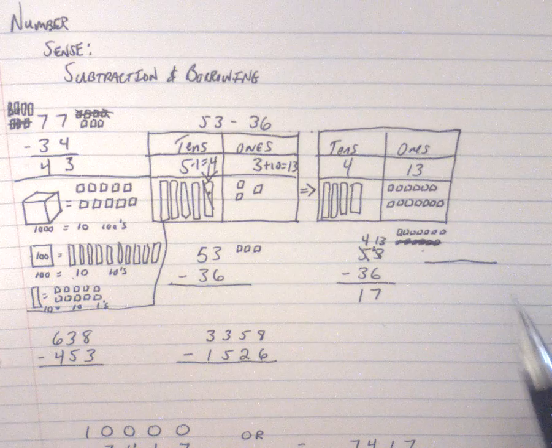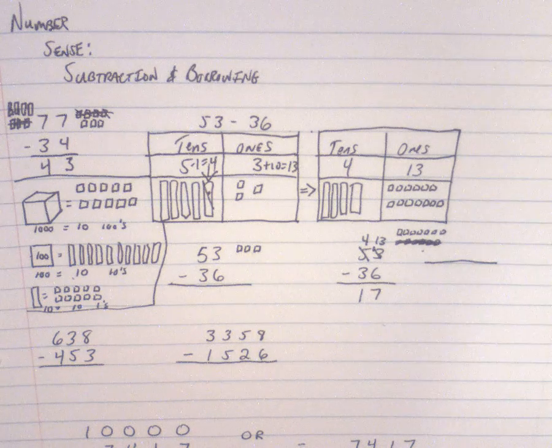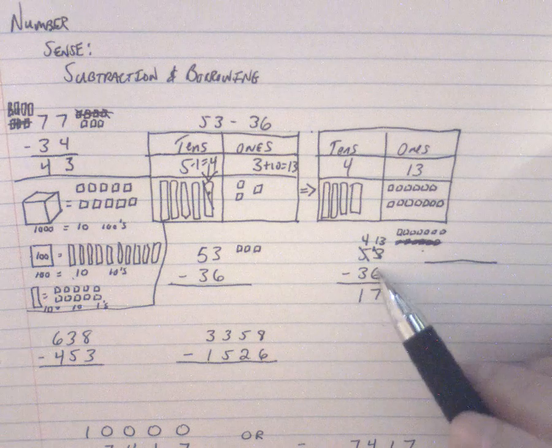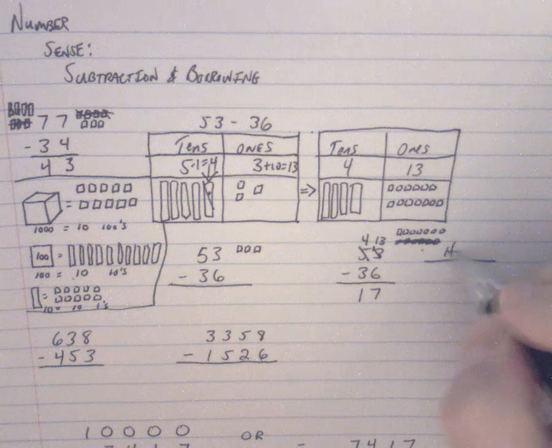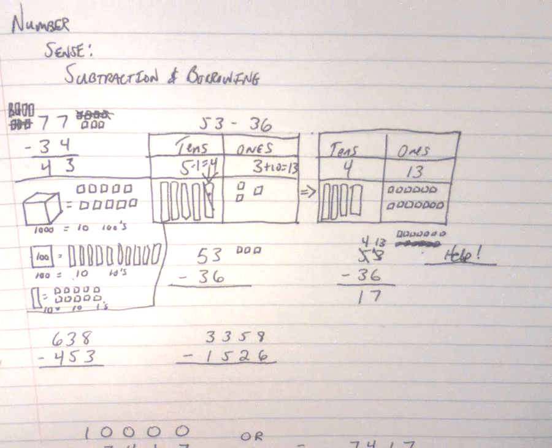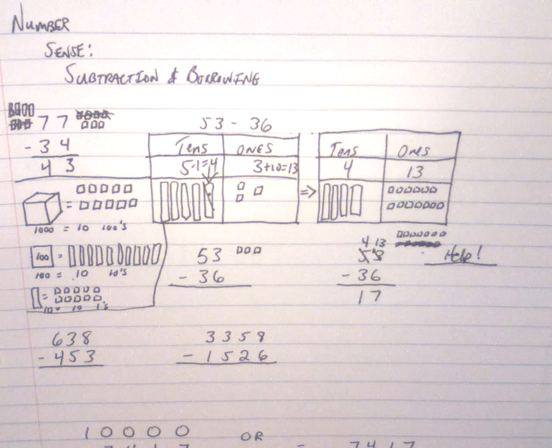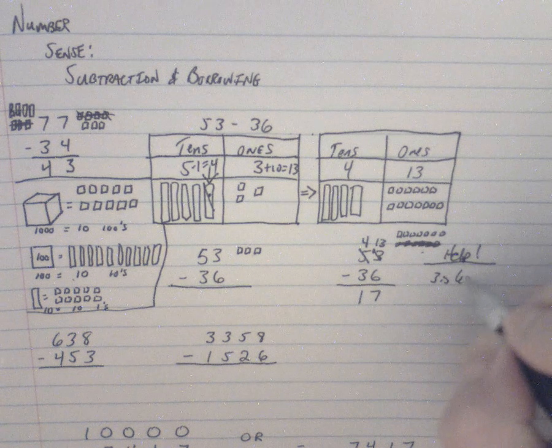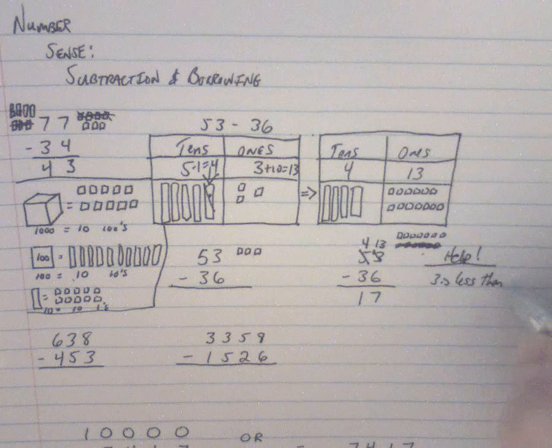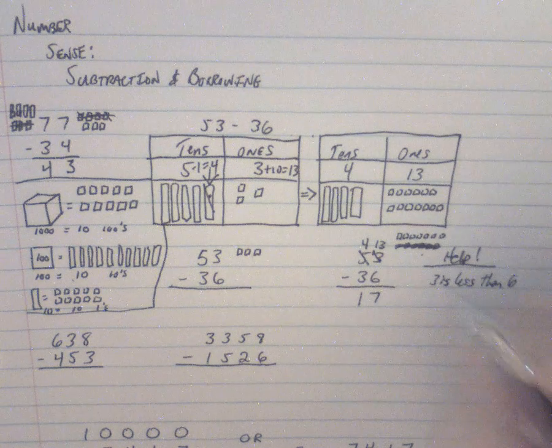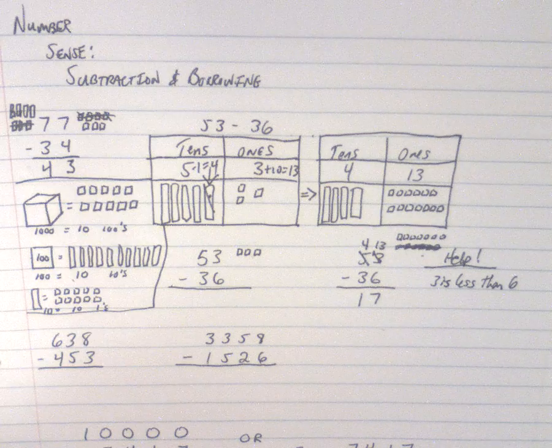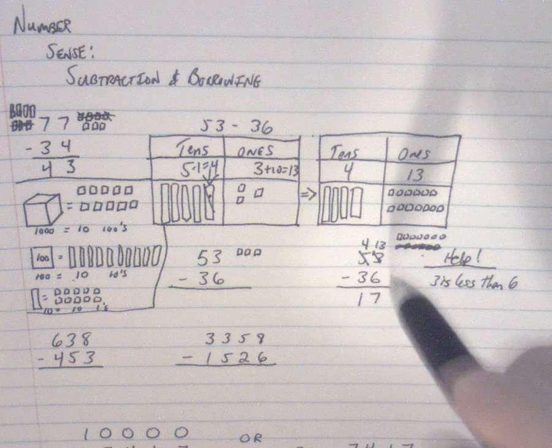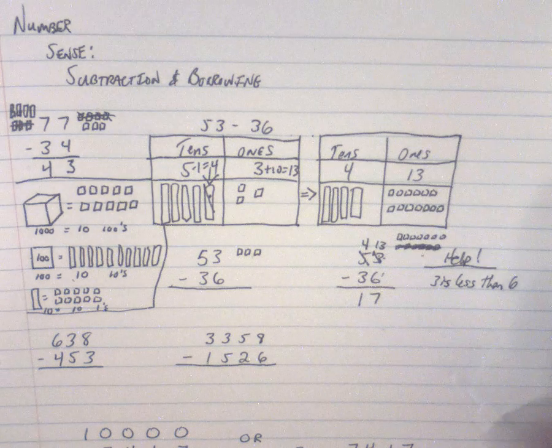Now what you're going to see in your book, and what it's going to ask you to do, is if you have a bigger number on the bottom, it's going to want you to say "help." That's what it's going to say in your book. And then when it says help, you need to say 3 is less than 6. So what we're getting you used to is actually looking at the numbers, because a lot of you,